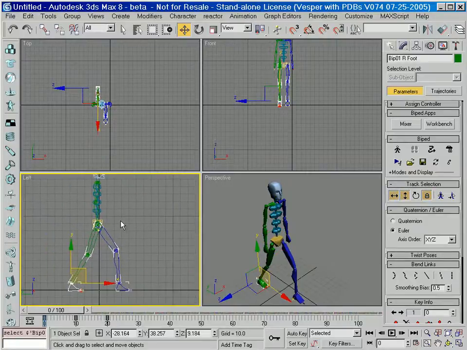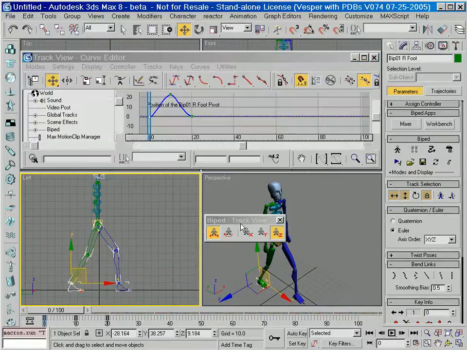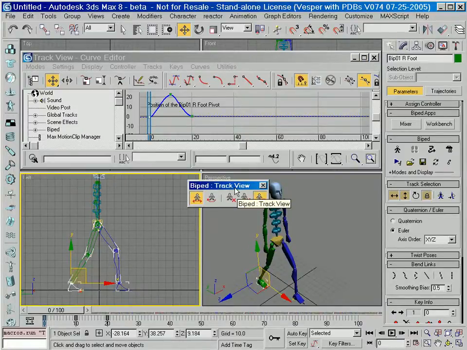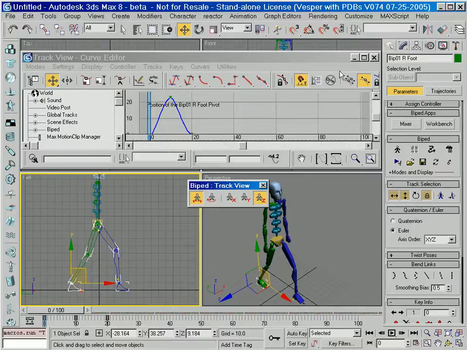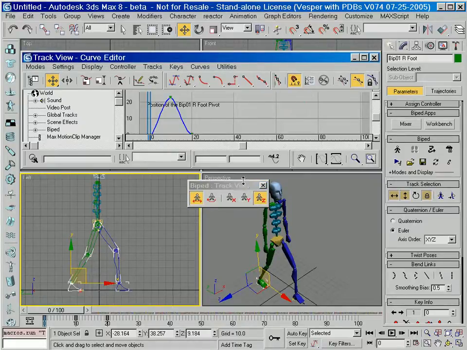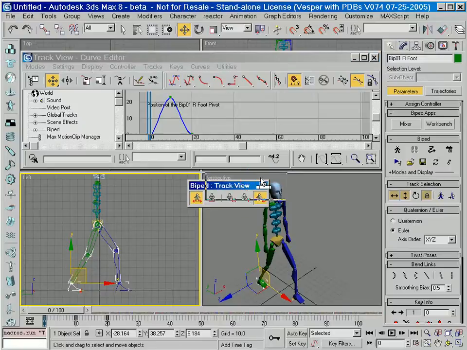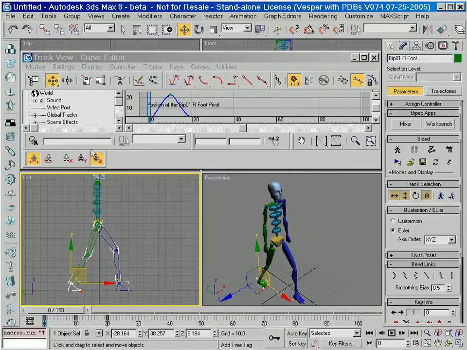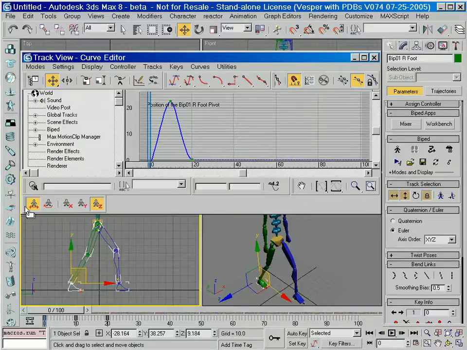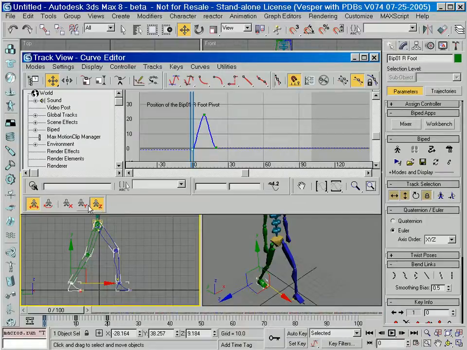Select the green foot, right click and say curve editor. The curve editor will pop up and you'll see this little biped track view portion over in your toolbar. I've pulled it down because of the screen resolution. You can edit either the positions or rotations in the curves. So for now what we'll do is we'll edit the position of this foot. As you can see, we can select X, Y, and Z,